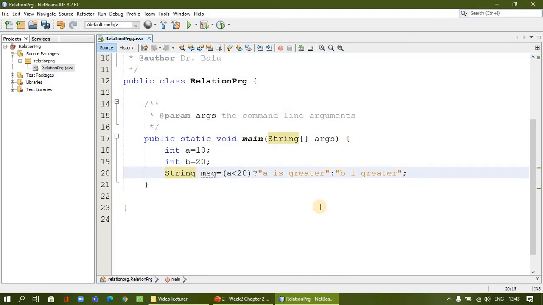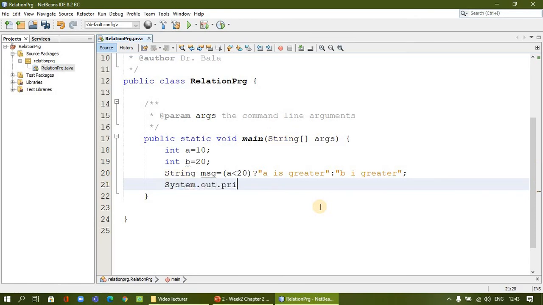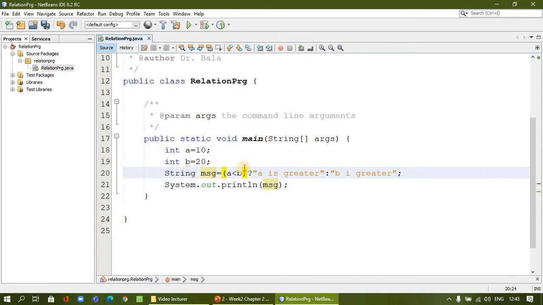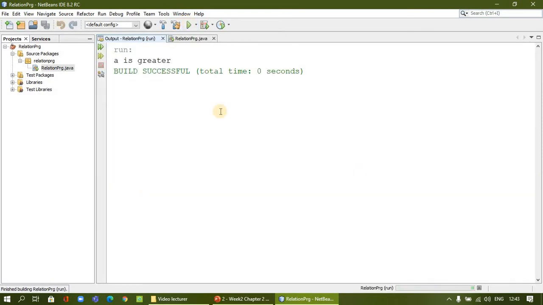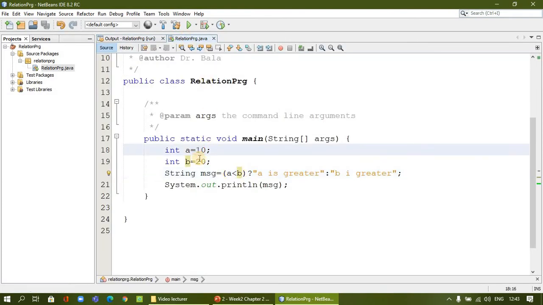If you are going to print the value, I'm going to use System.out.println. I'm going to pass the msg value, and we can see which is greater and which is smaller. I'm sorry, I can say A less than B, because we assigned the B variable there. So we will execute. A is 10, less than B. I have to change the value, no? Because A is a smaller value I assigned, and B is a bigger value. So here I have to say A is small, and B is big, according to the values we assigned.